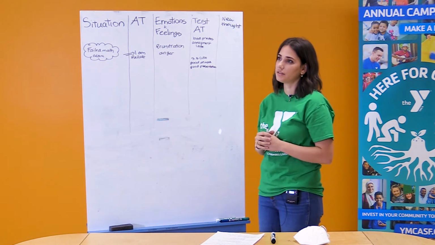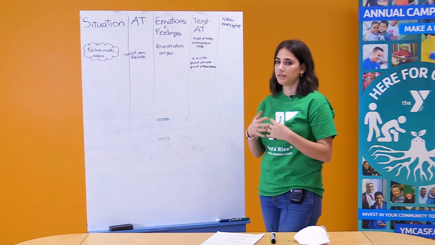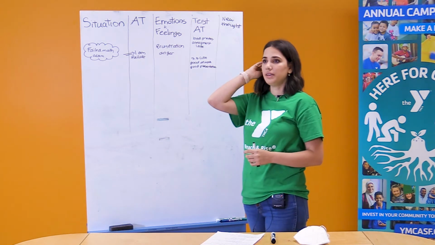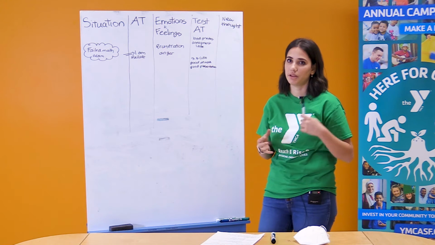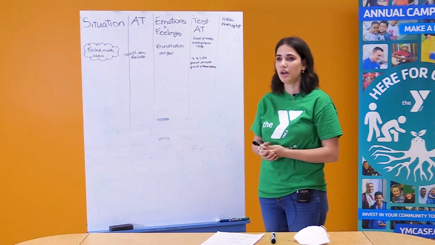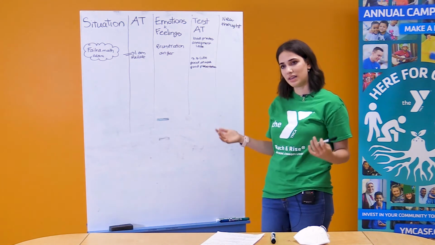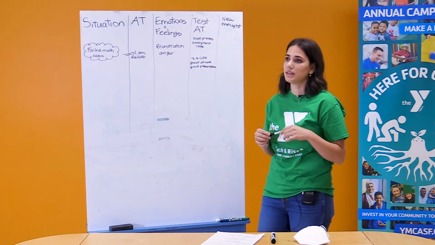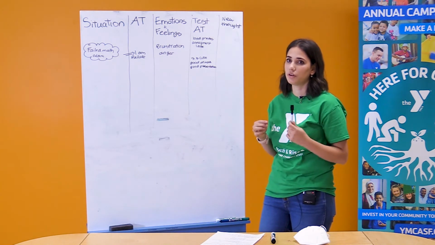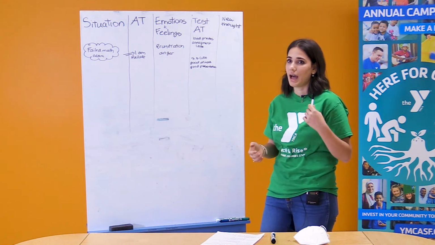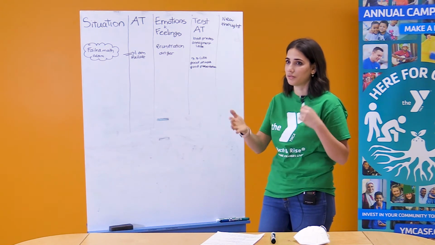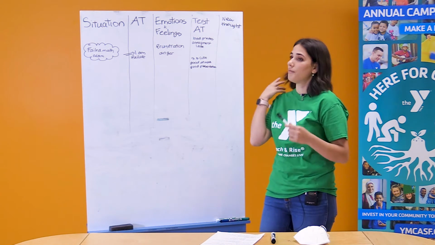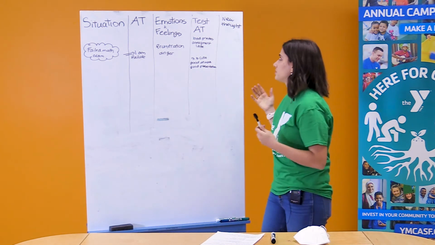Or you can ask yourself, what else could explain the situation? Maybe I got a bad grade because I was ill that day, maybe because something happened at home, or maybe because of a lot of anxiety that I was feeling. This explanation allows you to take control of the situation, saying, I did badly at math not because I am not good at math or because of my abilities, but because of external factors.